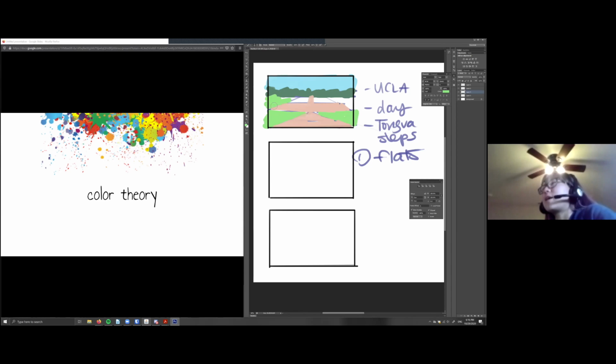I think there's grass here. I don't really remember. Okay. So this is UCLA from memory. It doesn't really look like it, but whatever. So after you get the flats down,